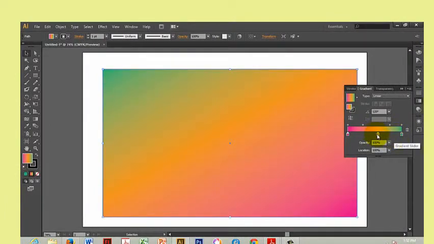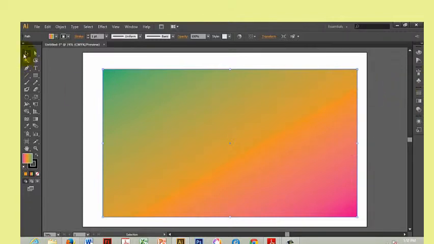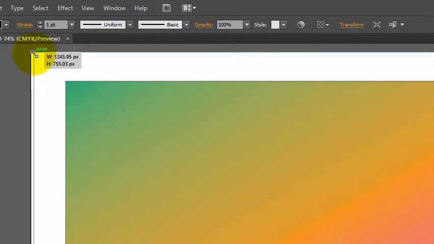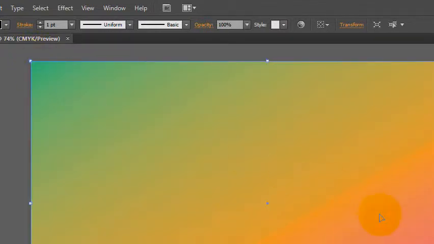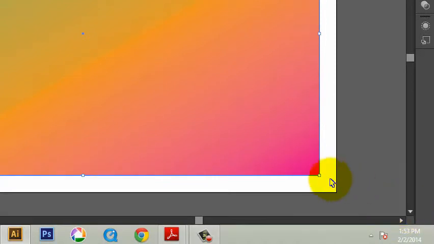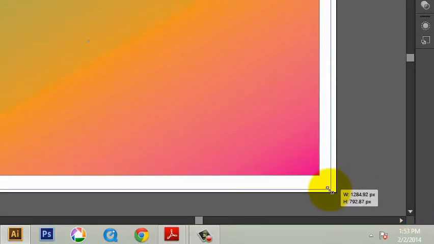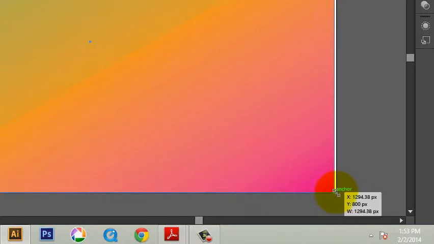As I mentioned earlier, you can increase and decrease the amount of color you want in your background. So I can increase the amount of green I have or decrease it if I want to. Now I can close my gradient tool, and with my selection tool I'm going to grab the corners of my rectangular box and pull them upwards to cover the white. Okay, and once I cover my white background,